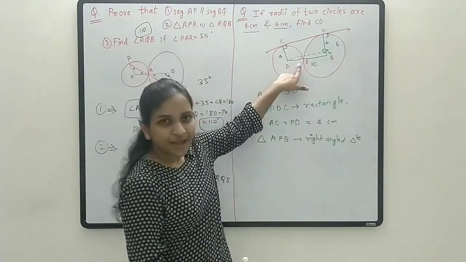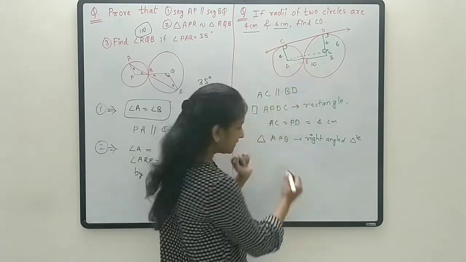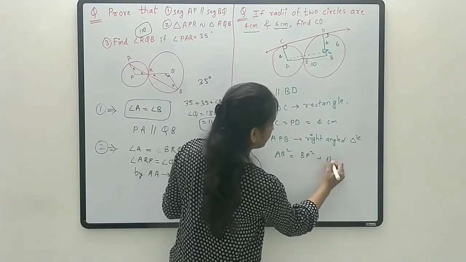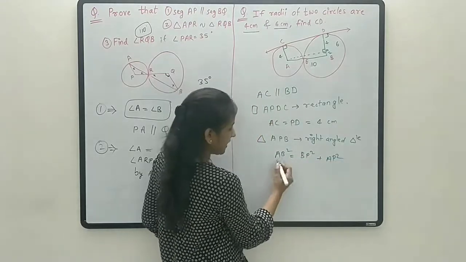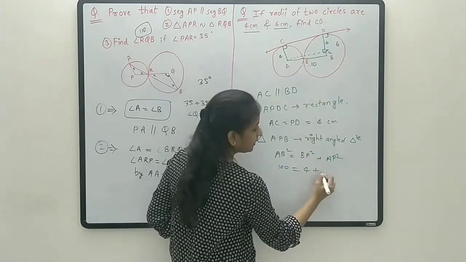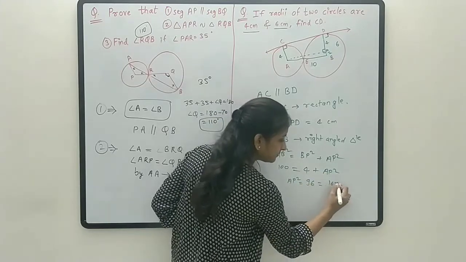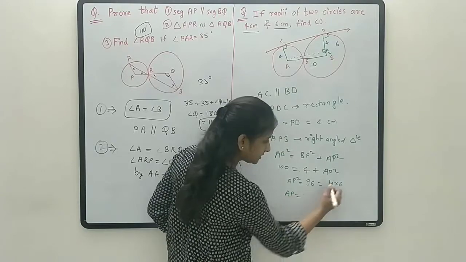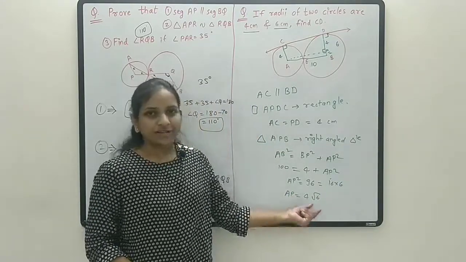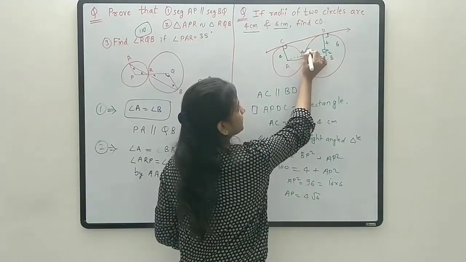Now can we apply Pythagoras in this right angle triangle? See, AB is the hypotenuse, so we can say AB square is equal to BP square plus AP square. AB is 10, 10 square is 100, equal to BP square, that is 2 square, 4, plus AP square. So AP square is equal to 96, 16 times 6. So AP value is the square root of this, so it is 4 root 6. Okay, we are taking only the plus value as this is a side. So we got the AP value, that is 4 root 6.